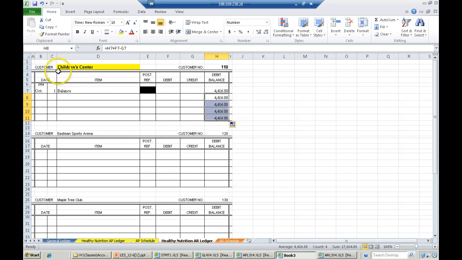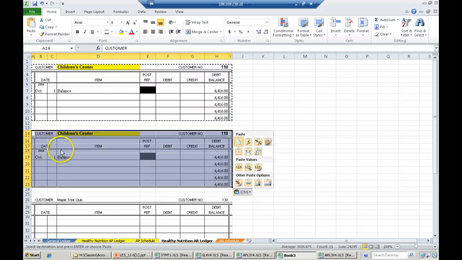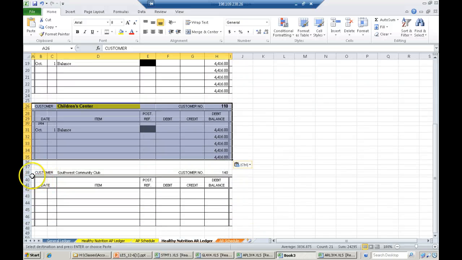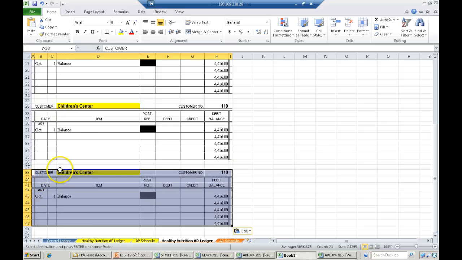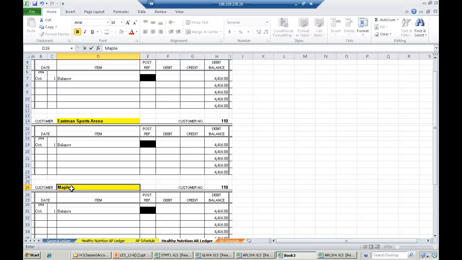Now, what I did in the previous chapters is I selected A2 through I11, Control C. Let's come down to A14, Control V, A26, Control V, A38, Control V. Now you're going to notice we have to change the names of these again. So let's go ahead and put that in. And finally,